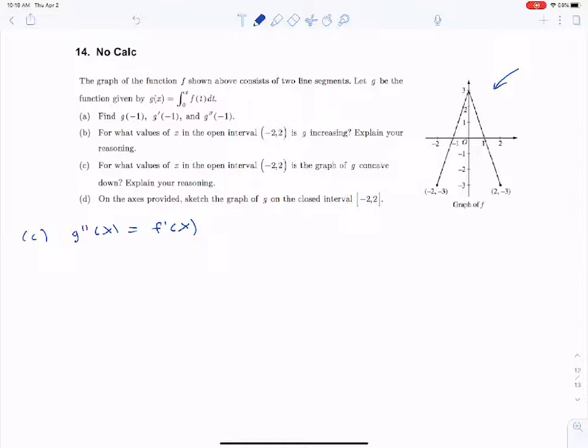So I want to know where the slopes of the tangent lines are, let me just make sure, concave down. So I want to know where the slopes of the tangent lines to the graph that I just put that arrow to are negative. And I think you would agree that from here to here, all the slopes of the tangent lines to the graph of f would be negative. Okay? So what I'm going to say is